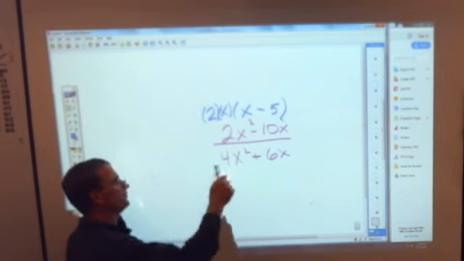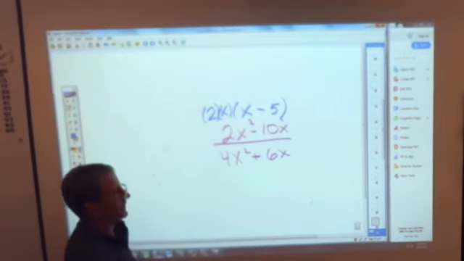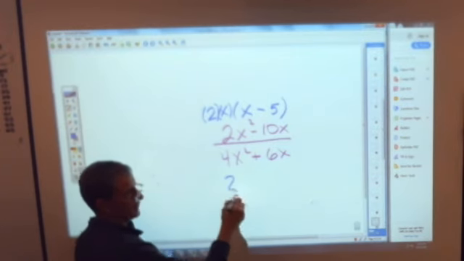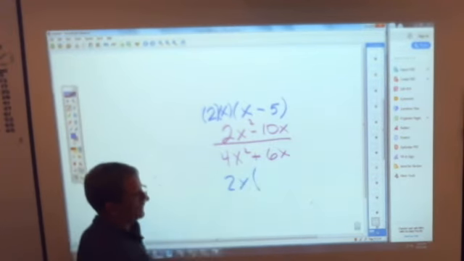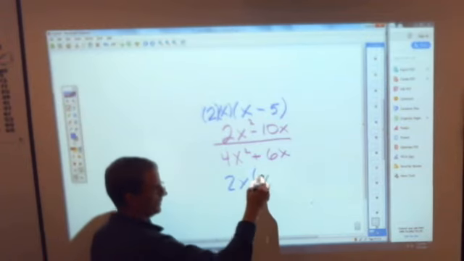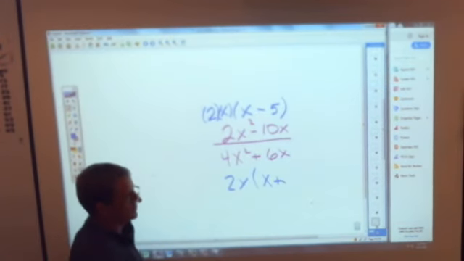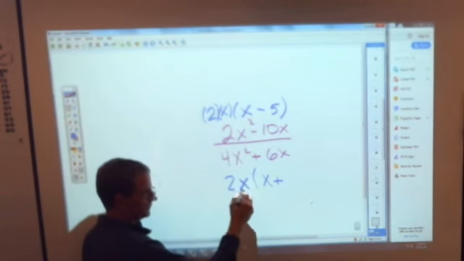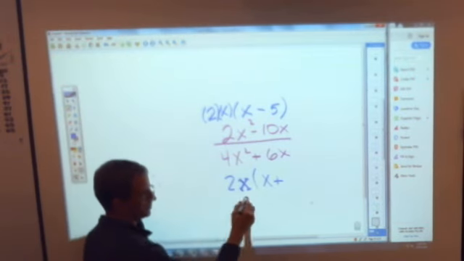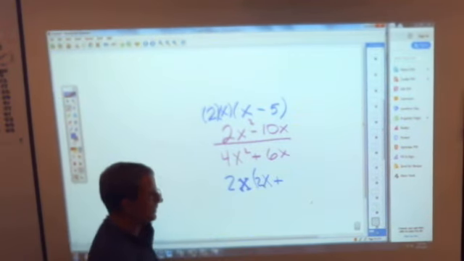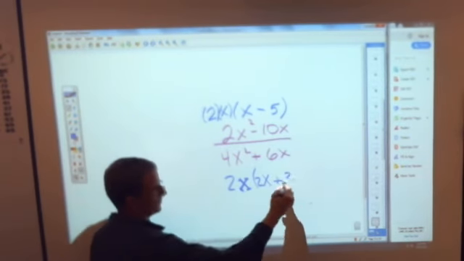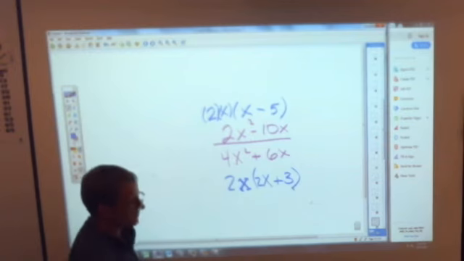Yes. And I'm kind of hoping for an x minus 5 on the bottom, but I don't think I'm going to get it as I look at it. What can I take out of the bottom? A 2 and an x. And when I take a 2x out, I'm left with an x plus what? Let's see if anybody gets this. Wouldn't it have to be 2x? 2 times 2 is 4. Should have said 2x. Thanks, man. So I was just checking to see if you're paying attention. 2x times what is that? 3, right? 2x times 3 is 6x.